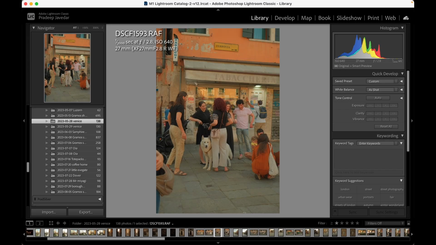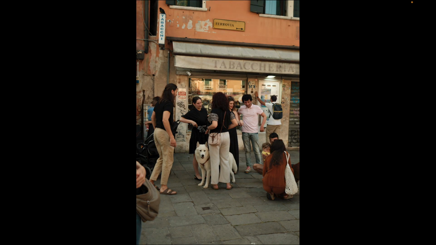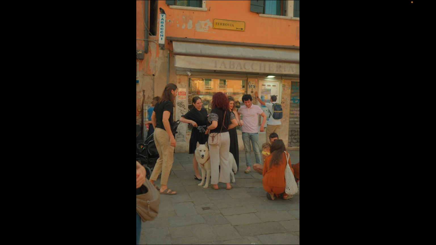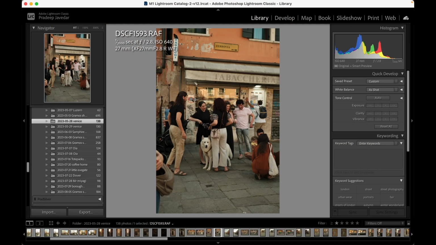I think I will use this on some other files. Let's try to look for maybe a portrait. So here is an example of something I would normally shoot on the street. This is the JPEG and this is the raw image, right? I ended up using this JPEG because I liked it as is. So let's see what we can do with this raw